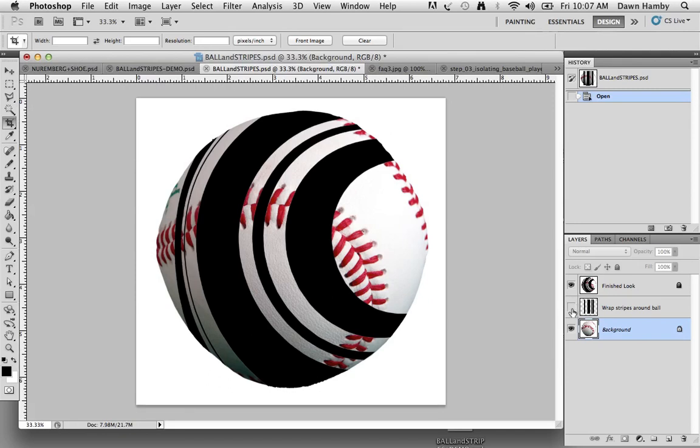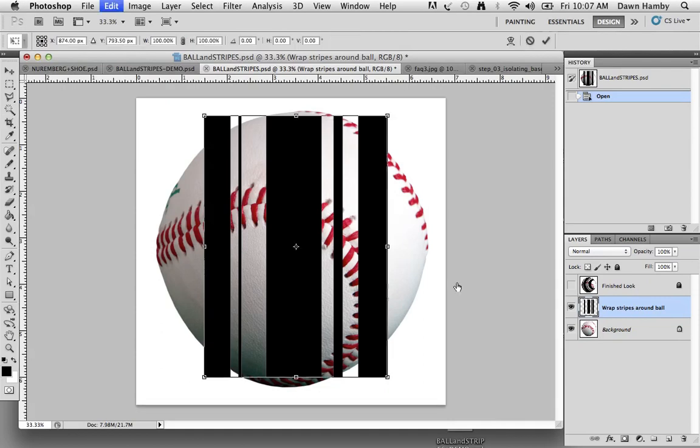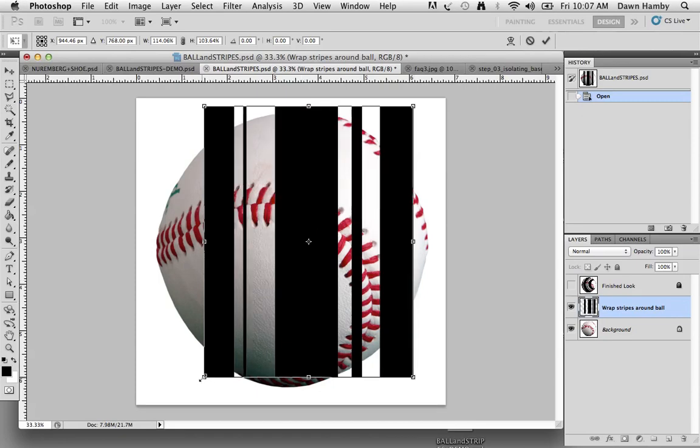Now, you actually have already used the technique that is used to create this look, which is the transform tool. So you hit Command T on your keyboard, and that's going to give you the selection. Make sure you're on the Wrap Stripes around Ball layer. You hit Command T, and that gives you your selection, and you know you can resize it, you can move it around. You want to make sure that the stripes are covering the baseball,